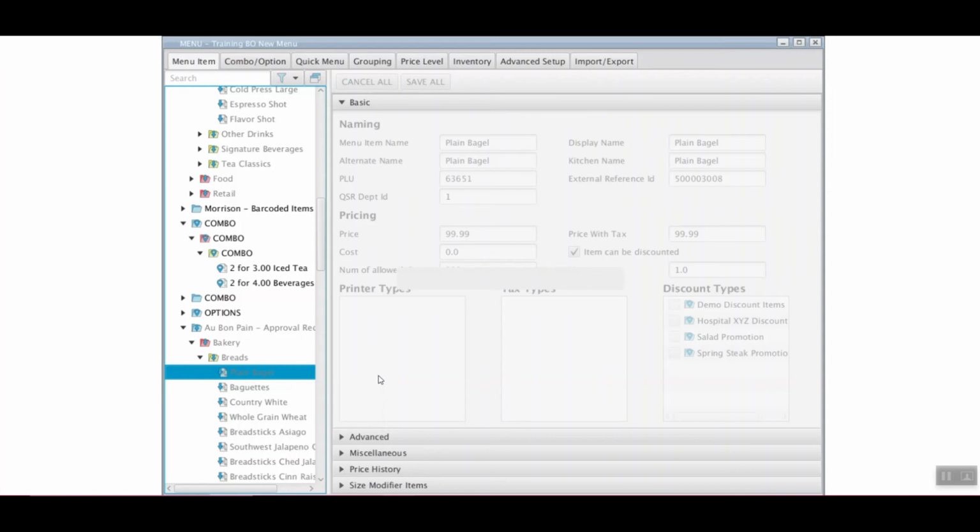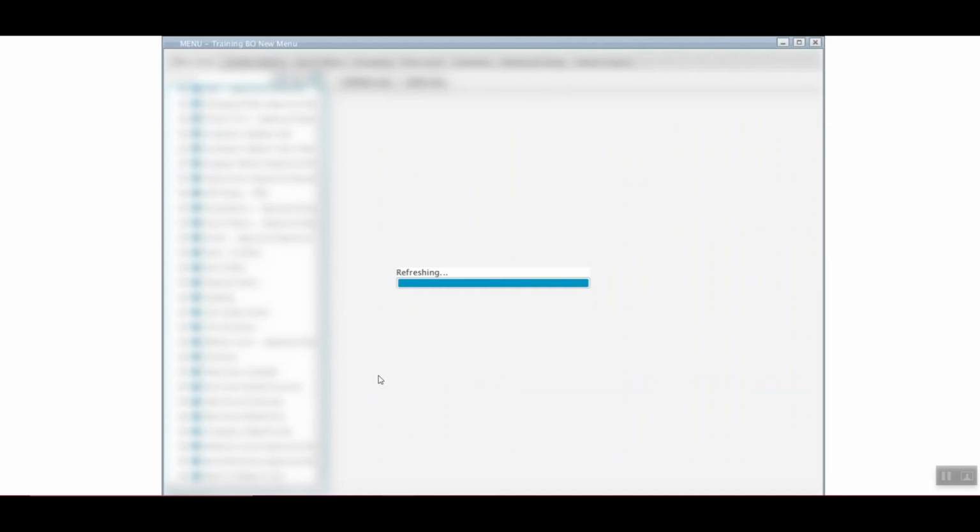Once we have downloaded that item, you'll notice that the full folder structure that it was contained within also gets downloaded. So it keeps the same structure from head office down into your individual back office. This is to maintain the menu organization. We don't want items just being downloaded and randomly placed into different categories. So in order to maintain the structure, it will download it as if you were downloading all of the items